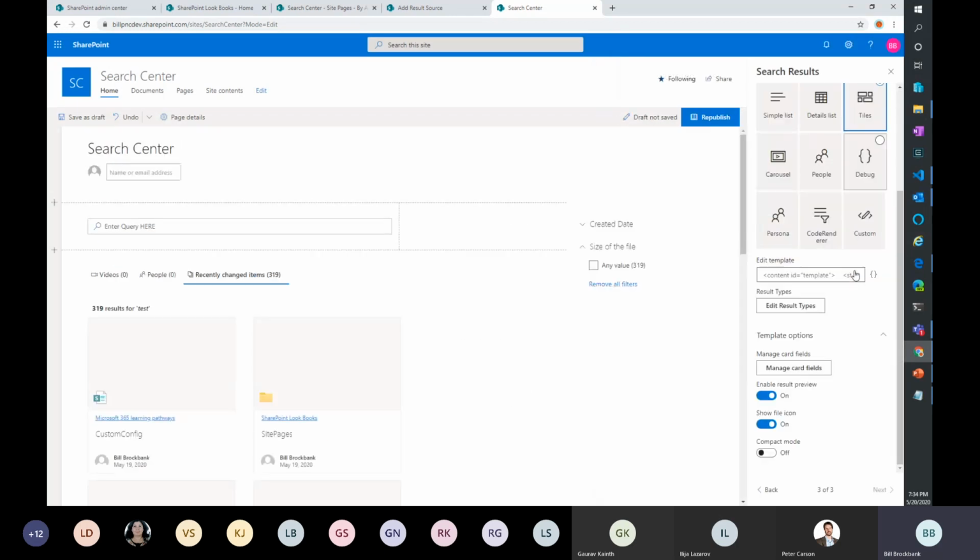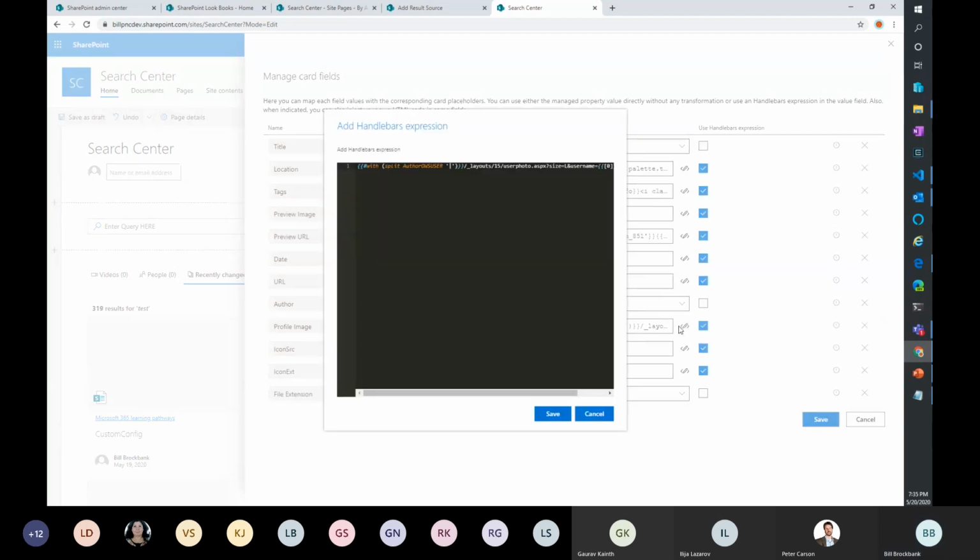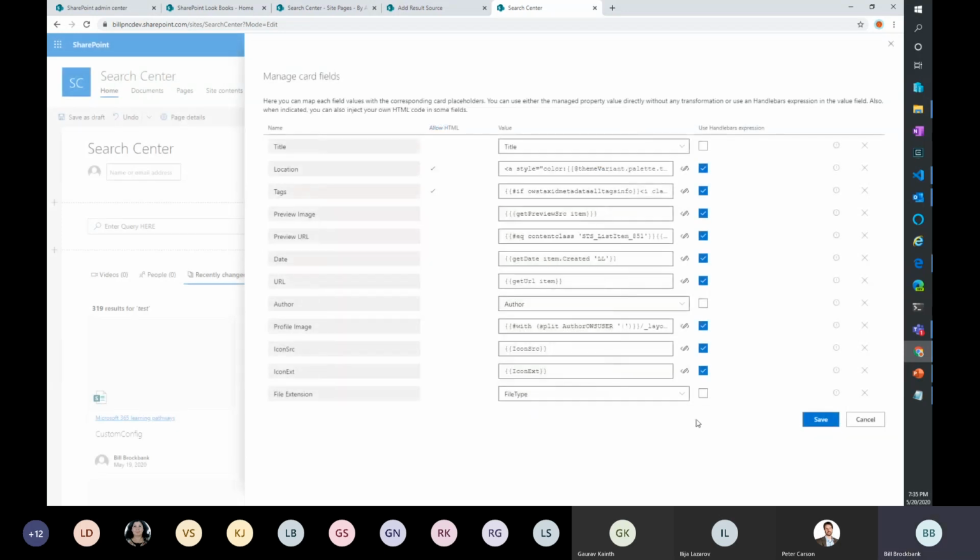Detail view we saw. Tile view is a little bit different. The tile view is an information card. So you're able to use the information card layout, which is here's all your fields in the information card for output, and you can map the fields that you want into each one of those fields as an output. If you had custom content that you wanted to show a different way than the normal document, you could go through to this, and you can see how some of it is actually formatable fields, like the profile image. There's a piece of handlebars code for it. Okay. If you're new to handlebars, it's not that hard to do.